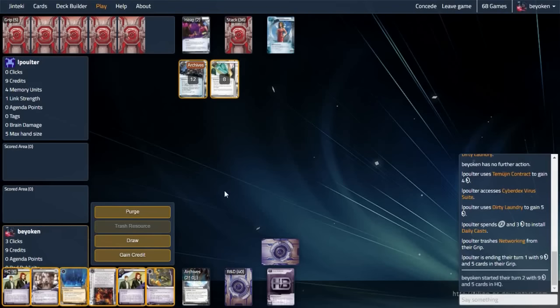So, which would you have chosen? What would your first click have been? Because of this fork, it's quite obvious that my first click should be to draw. If I'm able to draw a piece of ice, my second click and third click can be spent on installing both pieces of ice, or more likely, install one ice and install Advanced Assembly Lines, and use Advanced Assembly Lines to install the second ice. That way, I secure all 3 centrals, and I don't have to worry about bleeding credits to Temujin or bleeding accesses off R&D. Unfortunately, as you'll see in this video, I do not get the ice that I need,